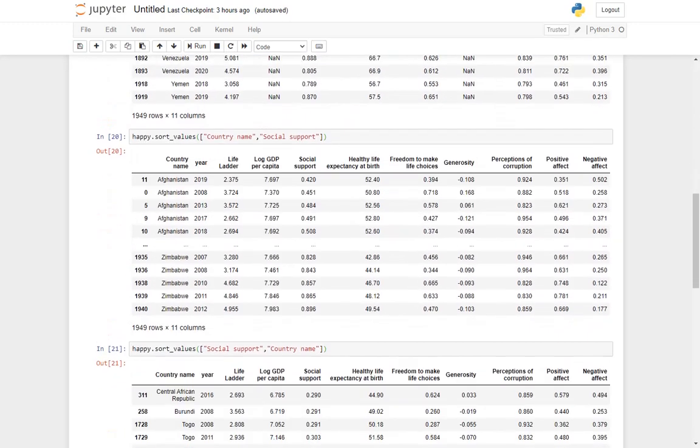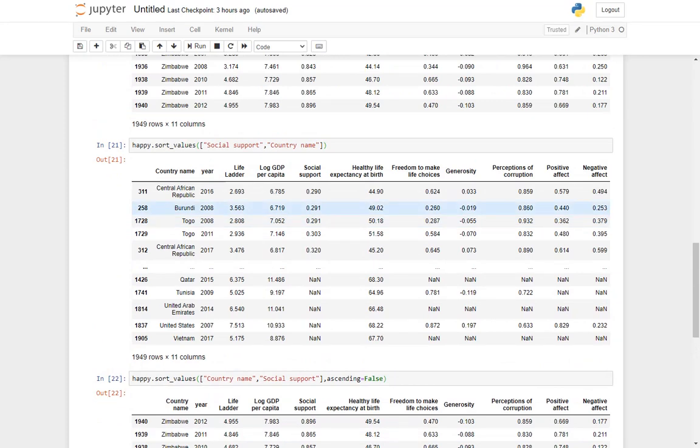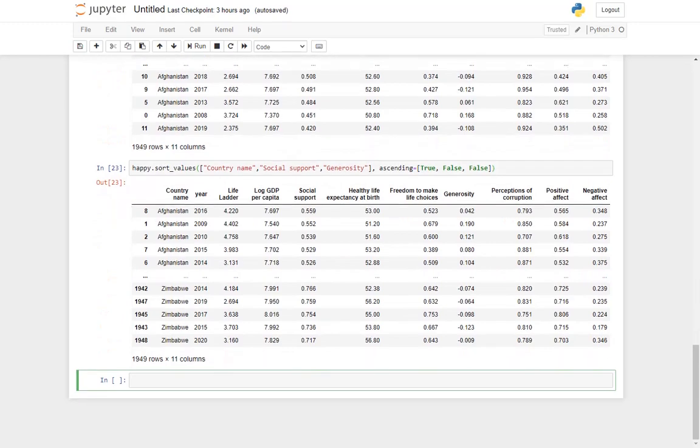So now what happens when you are sorting with respect to values, that is sort_values, the values of any one of the columns, then the index becomes completely jumbled up, right? So let's say I am creating a new data frame, which is based on happy.sort_values depending on country name and social support.